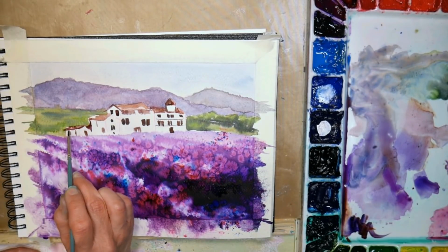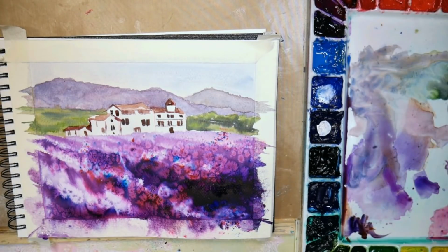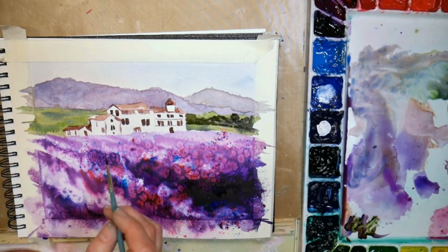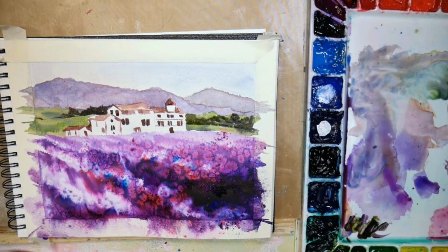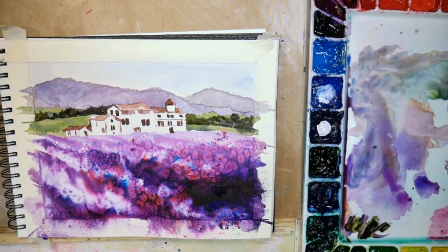Well, obviously, the lavender is cultivated, but you've got landscape, you've got a man-made building, then you've got this human-planted but natural thing growing in the front. So I kind of like that combination of different elements. I'm putting in some groupings of trees. I'm trying to build a little depth and get a little bit of interest there in the background